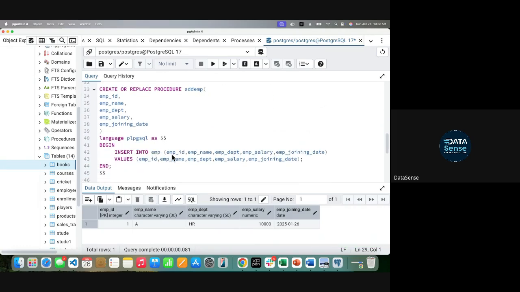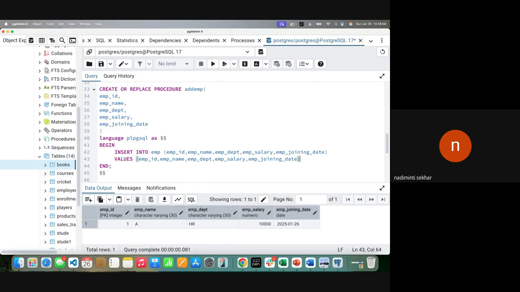Insert into EMP_ID. Wait a second. After the procedure is add employee ID. Where?